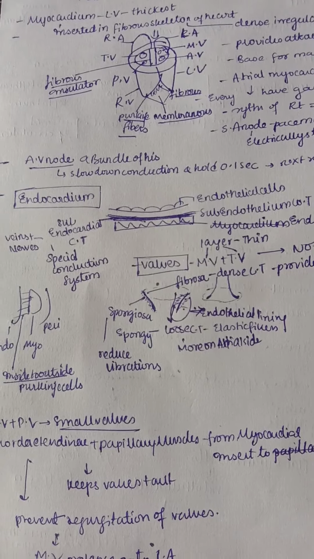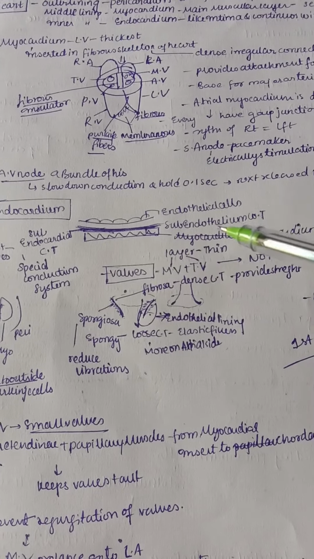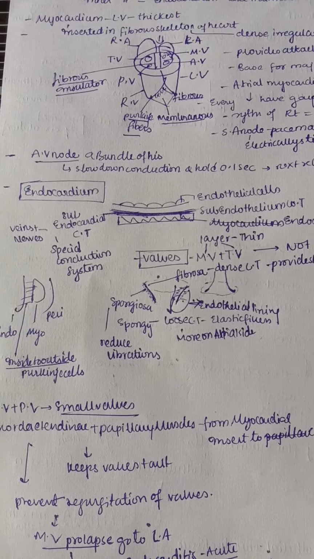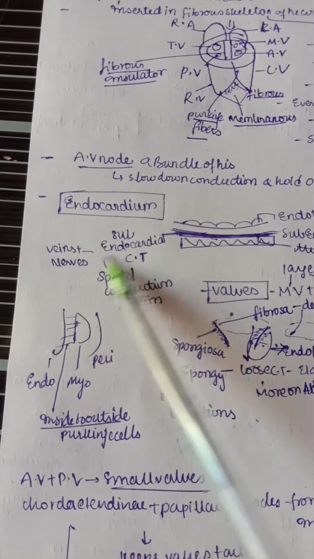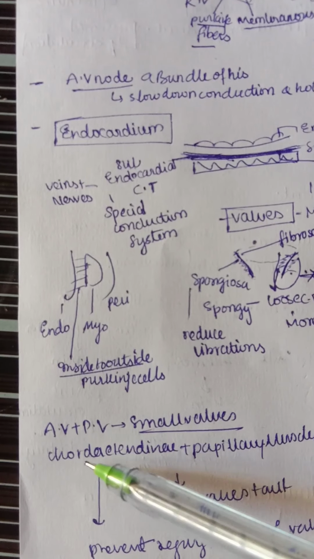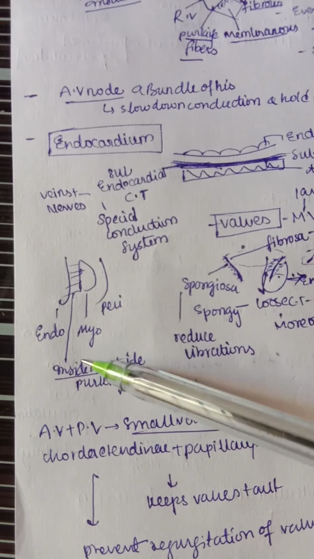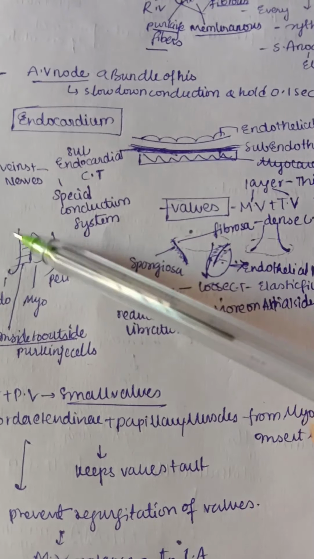So next, you have completed that. Now let us see the endocardium. You can see the structure here. We have endothelial cells, some subendothelial connective tissue, and also the endocardium. The endocardium is supplied by nerves, and it also has some veins, and there is a special conduction system. Here you can see, from inside to outside, Purkinje cells. First we have the endocardium with endothelium, next the myocardium, and next the pericardium, with the myocardium in the middle.